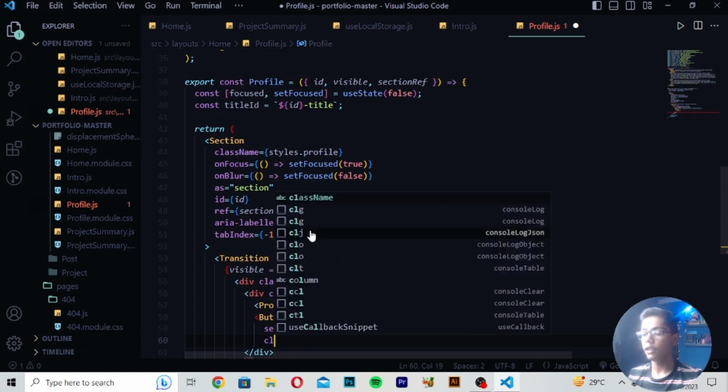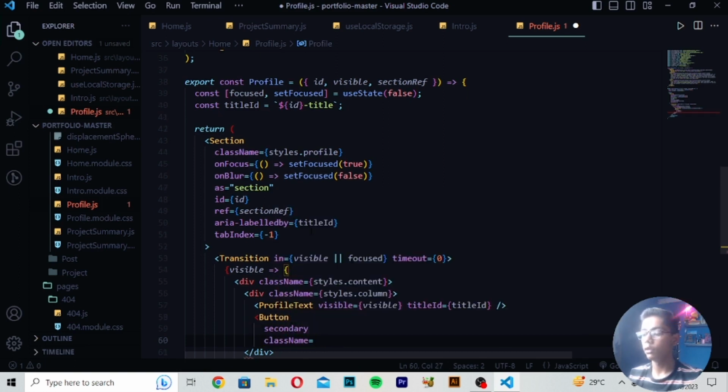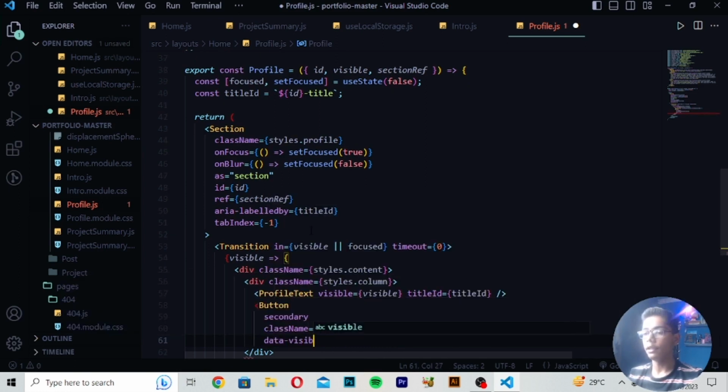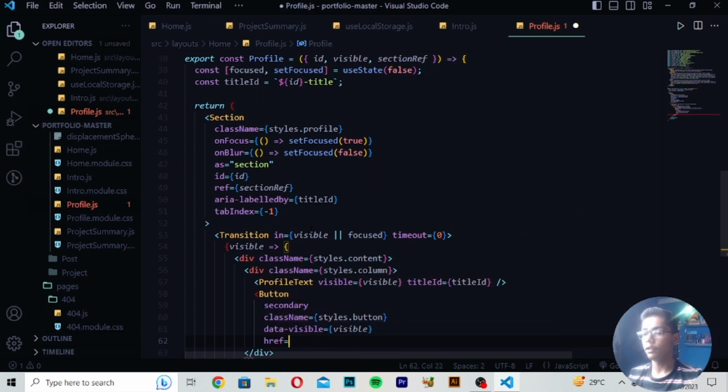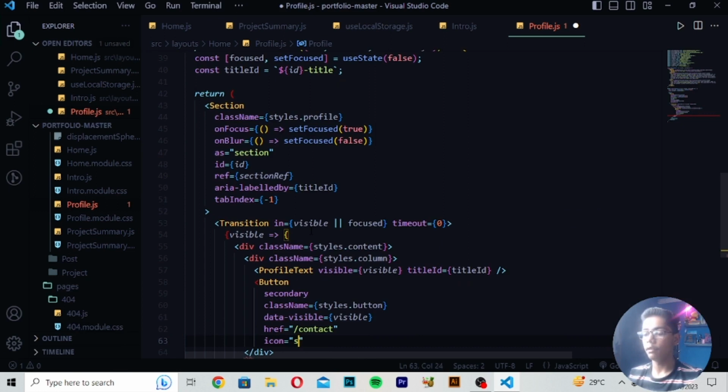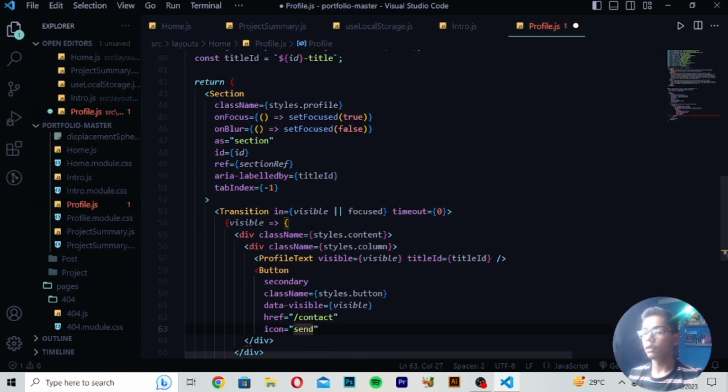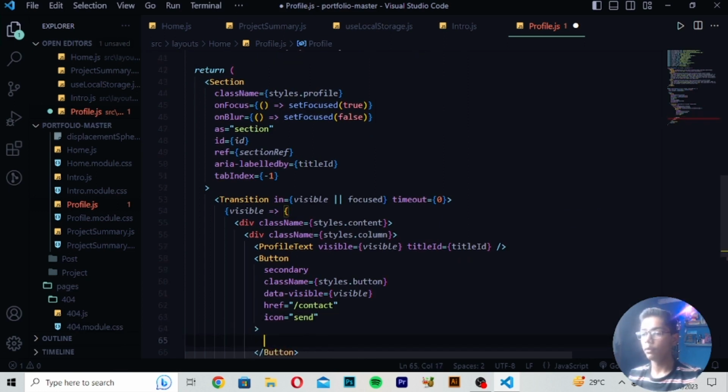After writing this secondary, you have to write the class name is equals to, write here styles dot button, then you have to write here data visible, and you have to write here is equals to visible, then you have to now write here href is equals to slash contact, then you have to now write here icon is equals to send, then you have to just now move down, and then you have to just now move down again,